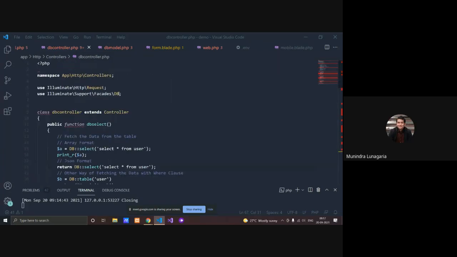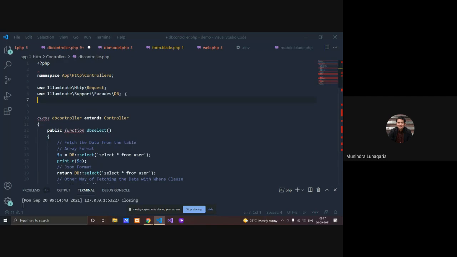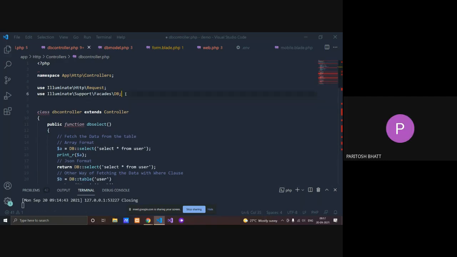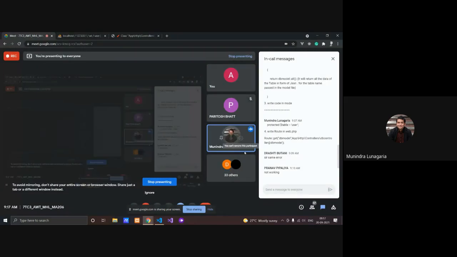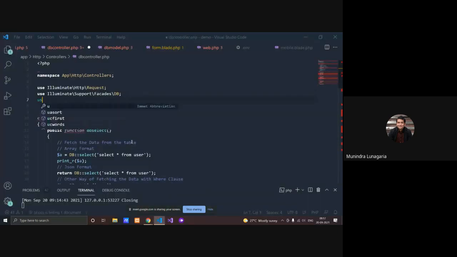Hold on. Let me give you the code and execute this. Use app DB model. Kindly input it in the controller after the namespace. No, it's written in the chat box.